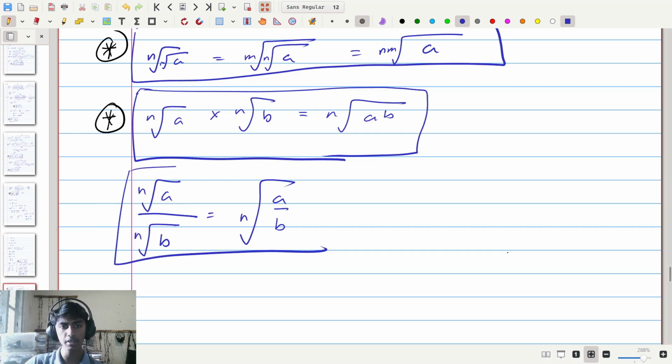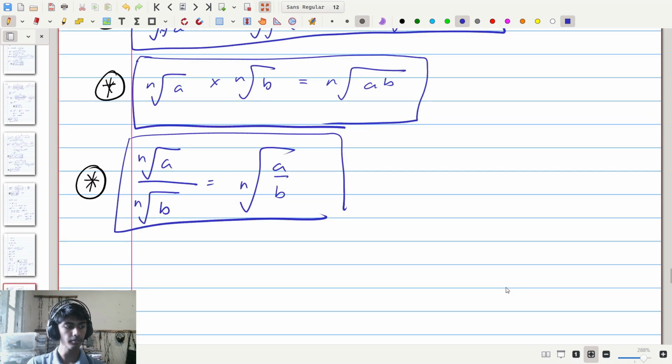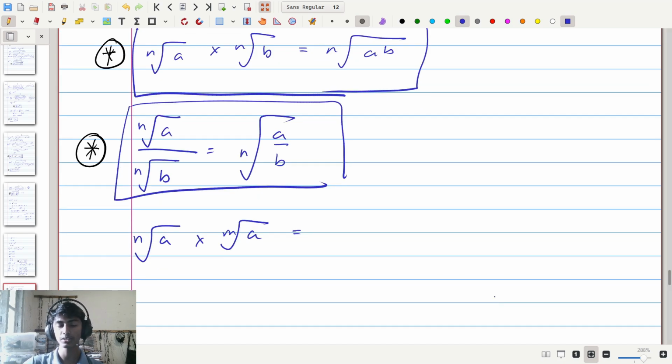I will give it the liberty of writing it as a theorem, but it is really the exact same as the previous index rule that we discovered. Only thing is that instead of the indexes, we are replacing it with the root symbols. And perhaps one more honorable mention. If we have the nth root of a and we multiply it by the mth root of a, what we end up with is